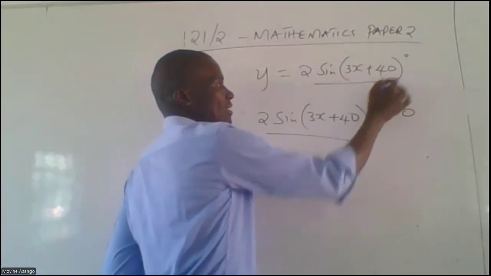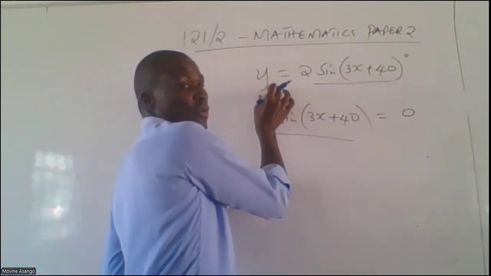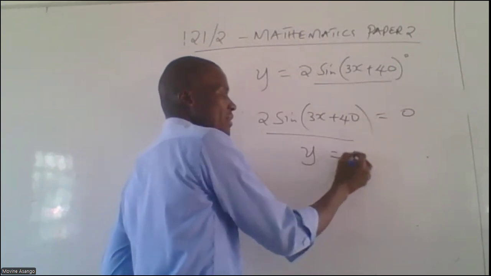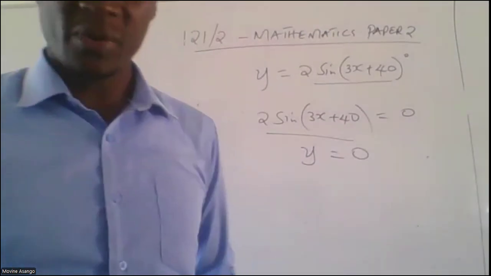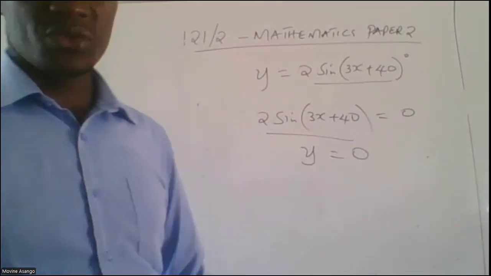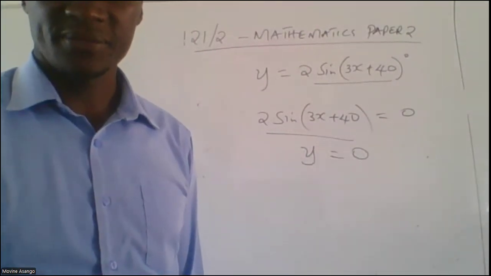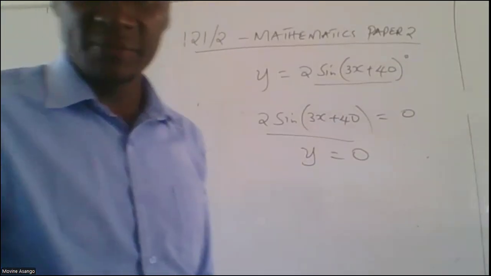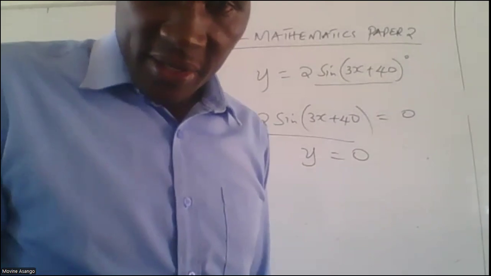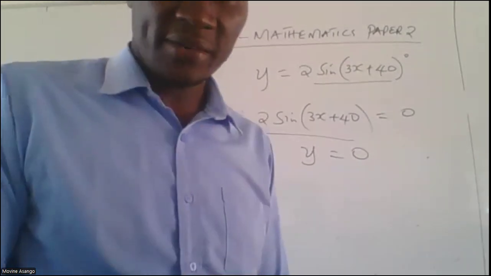This one looks like this, and this value here is our y. So it means here I'm saying y is equal to 0. And from equations of a straight line that you've discussed in paper 1, the line y is equal to 0 is the x-axis. So what about the x-axis? If our curve, like this one that we have,